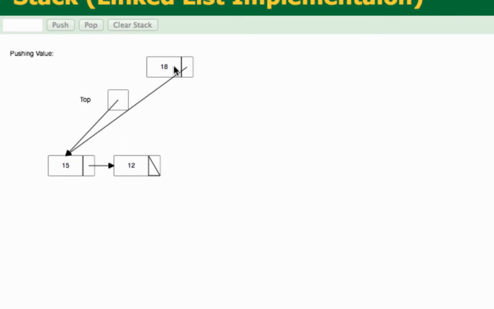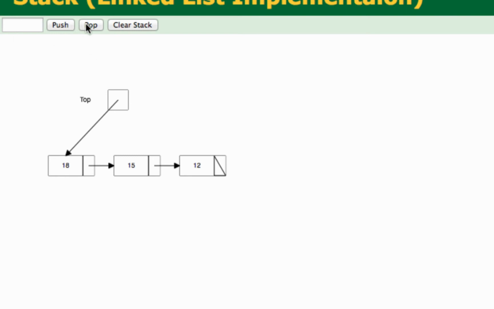That's basically current node dot link is equal to top dot link, or current node dot link is equal to top, based on how you are implementing it. Current node's link would be pointed to top dot link, and then top is equal to current node. Visually represented, this is how the stack would look at this point.